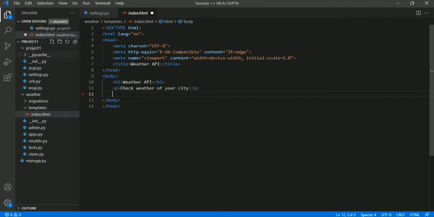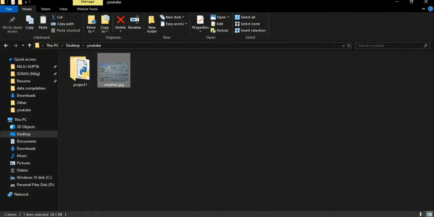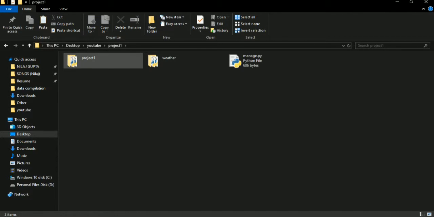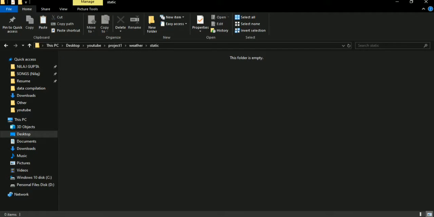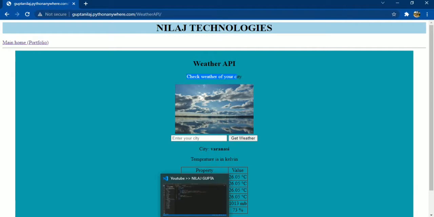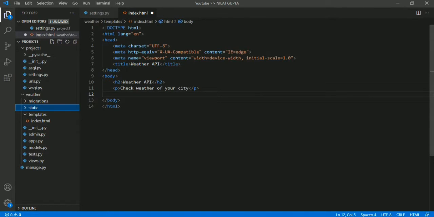First of all, you have to create a folder like static, and we will paste the image there. Now let's add that image here.